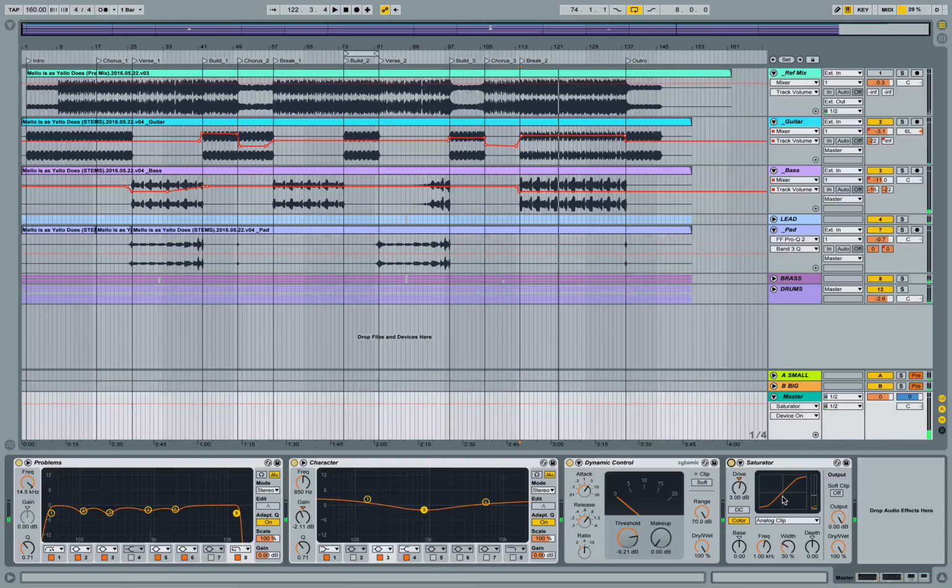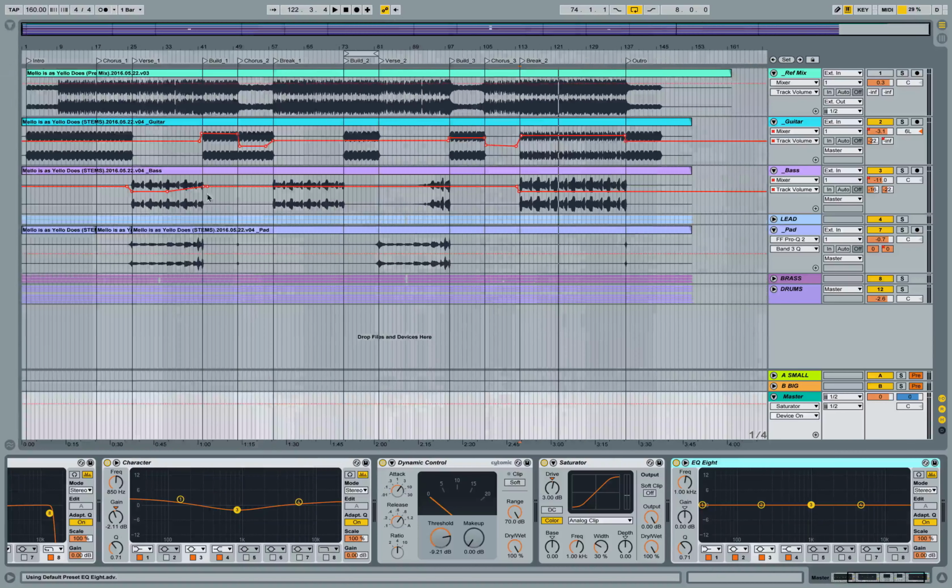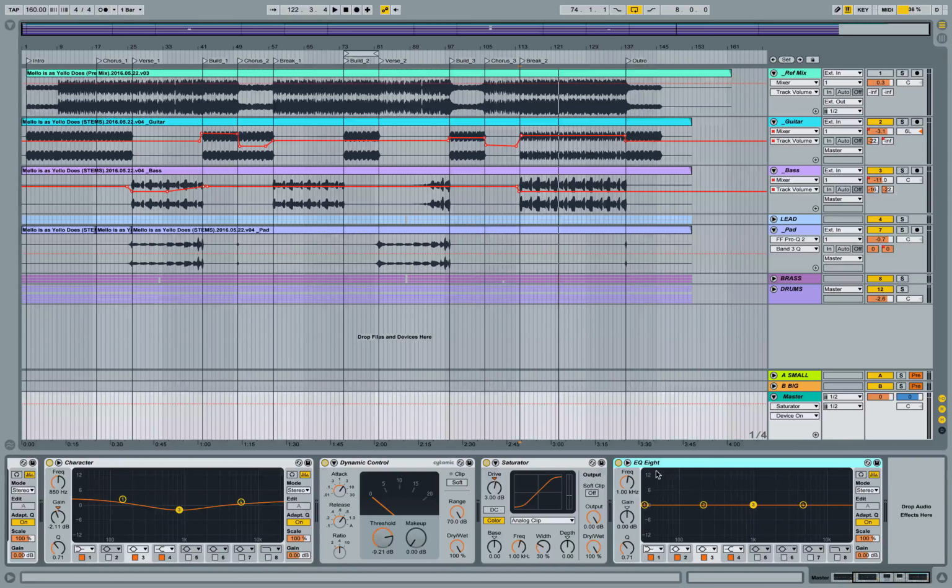So there's the saturator, and last but not least, we bring in one more EQ. I guess I should say nearly last and certainly not least. One more EQ, and this is again to take care of any problems and define the character of the track after